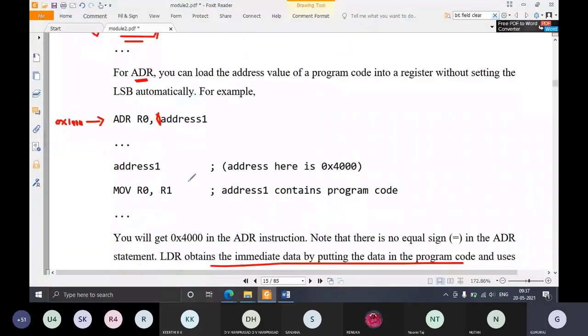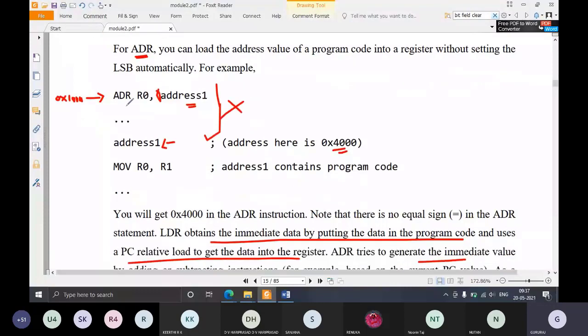Now this label is pointing to a location of 4000, right? So this instruction will not be possible. Why? Because as I told, ADR can be used whenever the code is small. What do you mean by code is small? Here the instruction is at 1000 and this label is located at 4000.